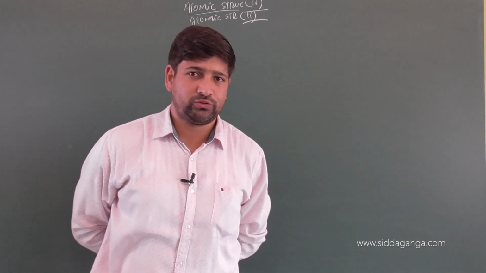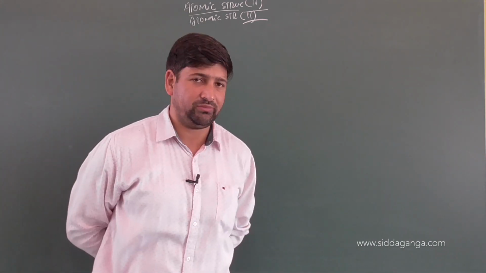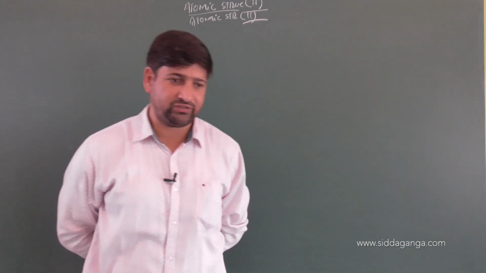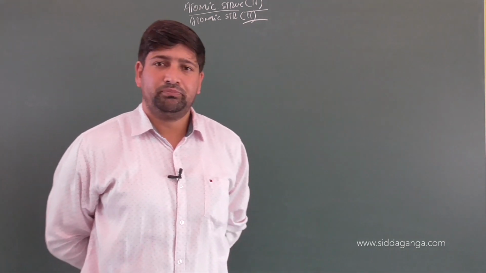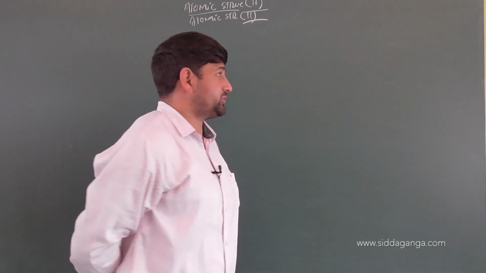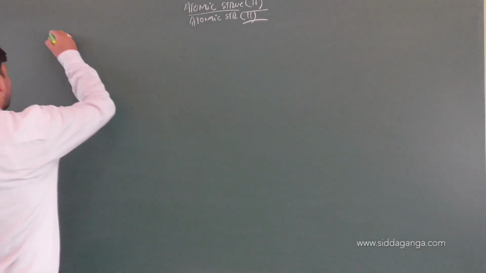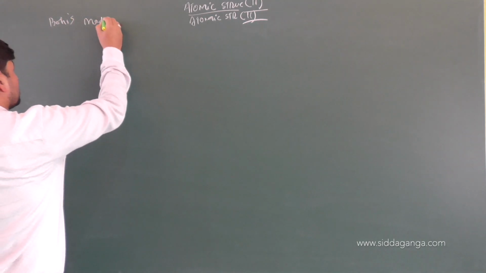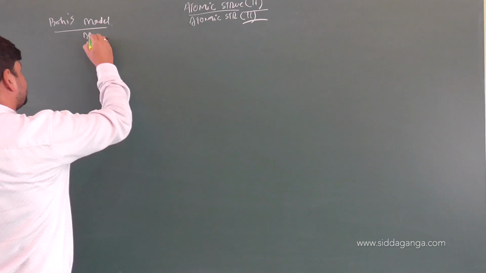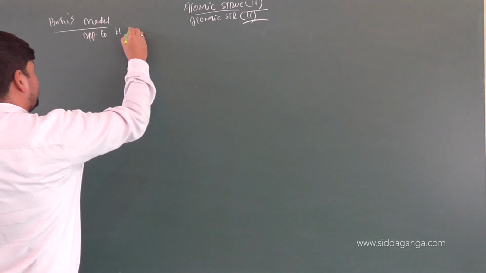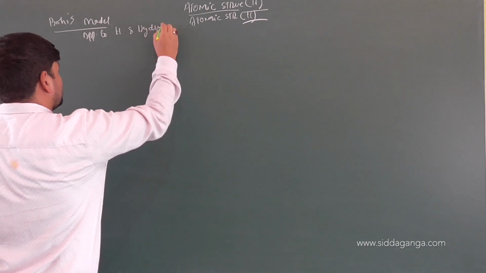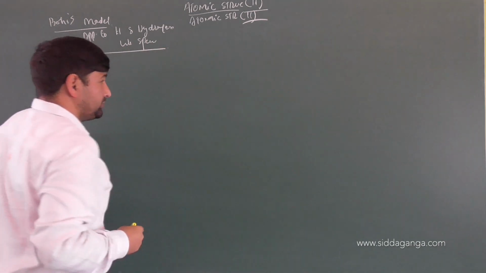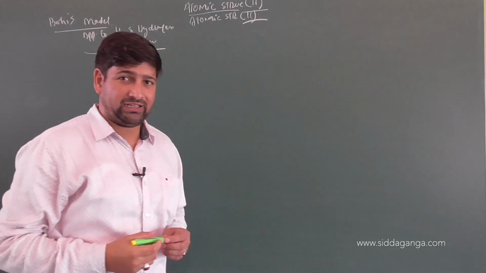Last time we discussed Bohr's model of an atom, and I told you excitation and emission of the energy levels, of the electrons can occur from one energy level to other energy levels. Bohr's model of an atom is applicable to hydrogen atom, which we mentioned clearly on that day. So Bohr's model is applicable to hydrogen and hydrogen-like species. So let us see what exactly we calculated on that day.